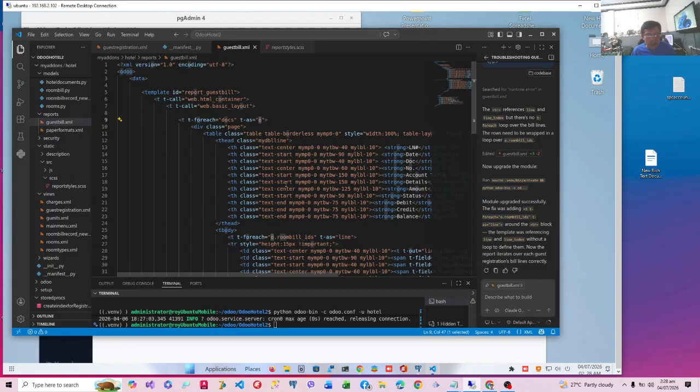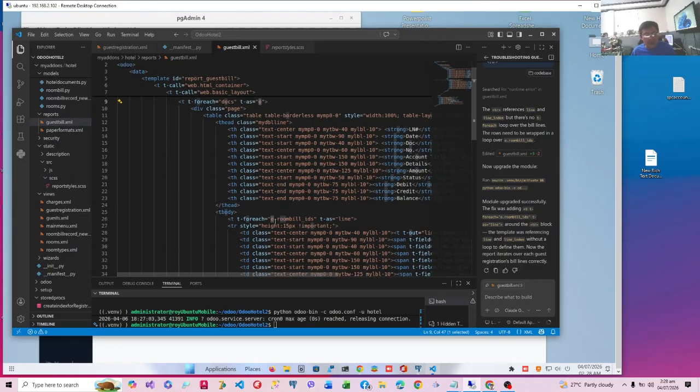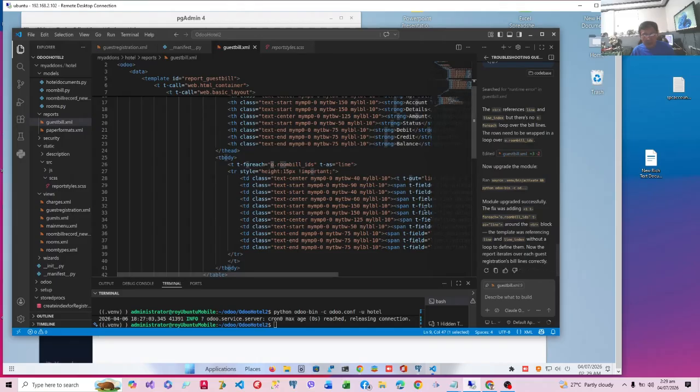Room bill IDs is a collection of bill IDs under hotel guest registration, which we now call docs, and its record O. Do you follow? That's the sequence there. Module was added successfully. I think it's done, so we can just update.